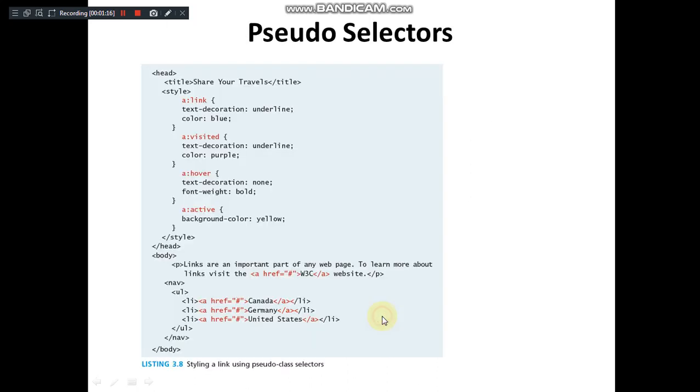So the meaning of this I'll justify better with the example here. So here you can observe A is an anchor tag. Colon is used in order to specify the activity with the anchor tag. This appears only when a particular action has taken place. Link: when a link is presented, it is changed to this particular style. When it is visited, then its color gets changed.